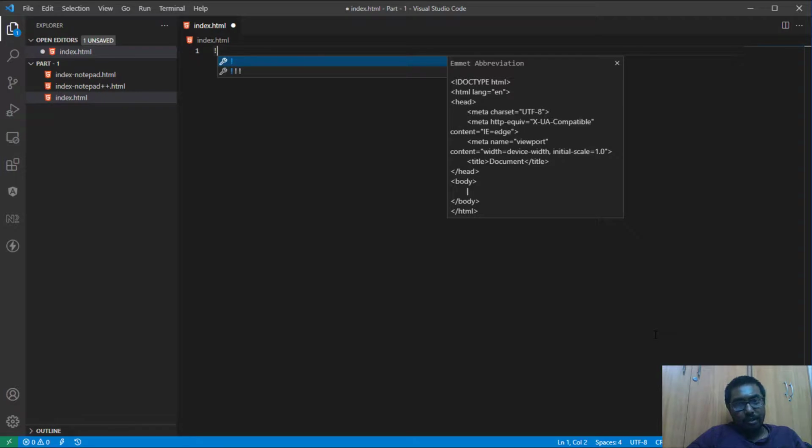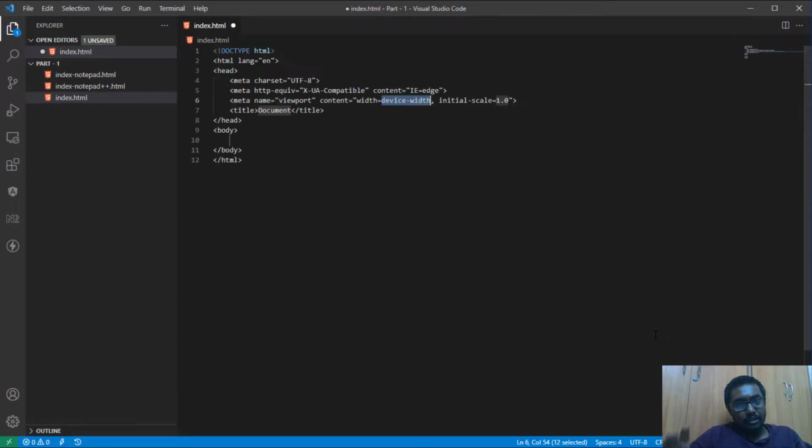With the exclamation mark, I get an element abbreviation, and if I click it, the complete HTML structure is imported for me, with a head, the meta tags, the title, and the body. Same as usual, here we have h1. I just write h1 and press enter, and the tags, the greater than and less than symbols, and the closing tag, everything is created automatically.